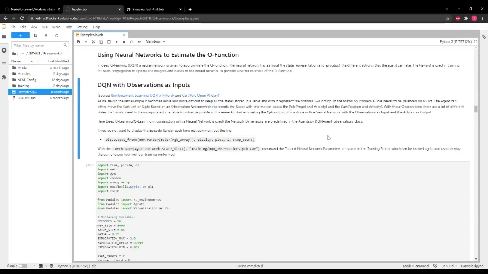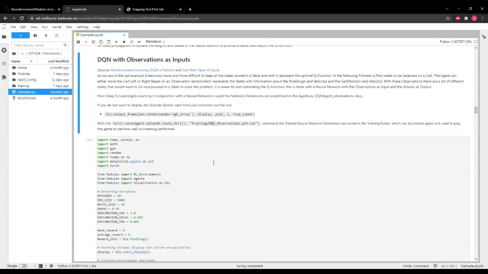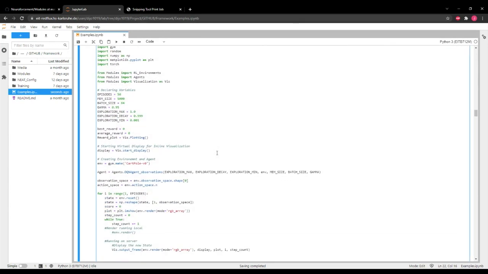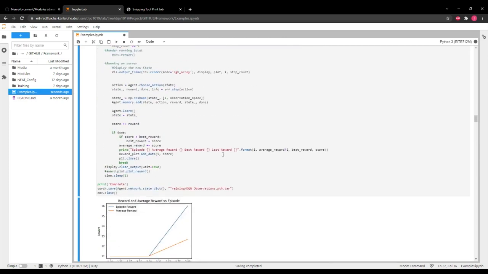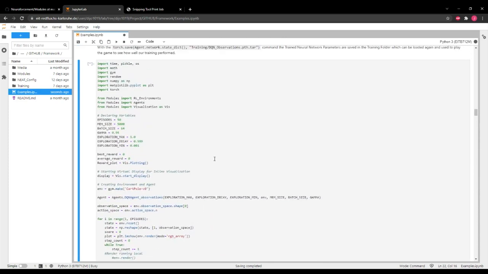All right, let's see what this DQN agent looks like in code. First of all, I'm already going to start this training loop. This is the training loop as we had it before. I'm going to start this since we have quite a number of episodes to run through, as this is much more of a difficult problem, so it takes way longer to learn. And I'm not going to be explaining all of the code, but the most important functions that have been implemented